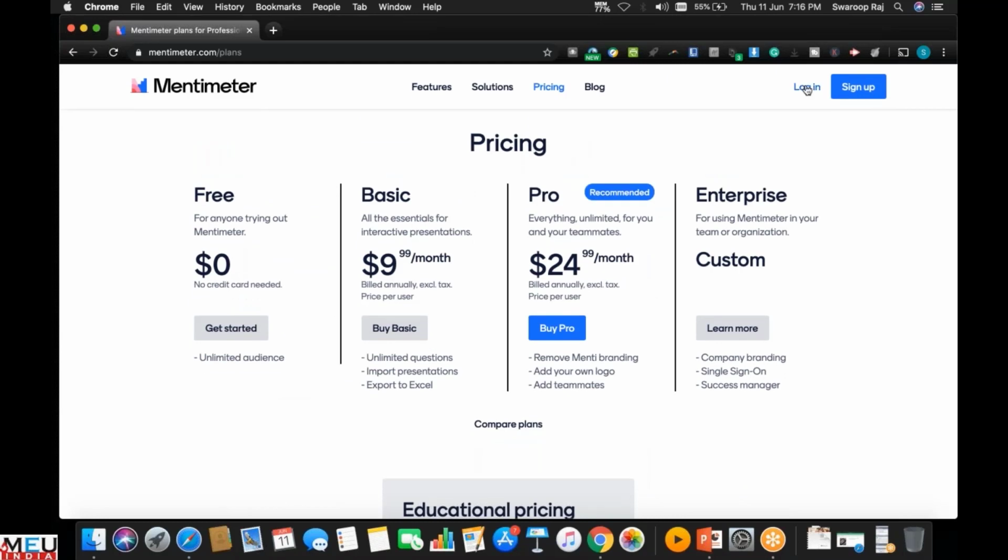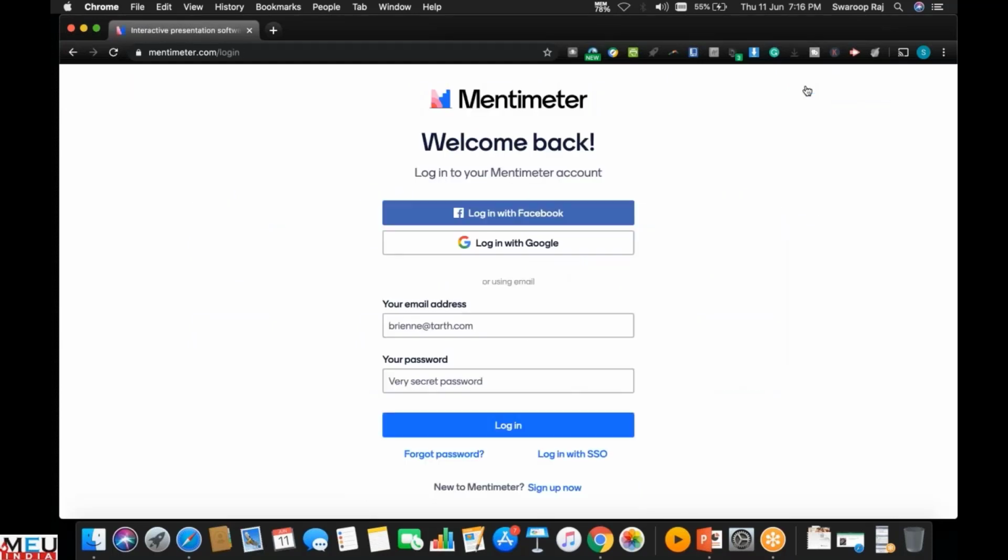To start, the first thing we want to do is sign up or log in. You can directly sign up using your Google account. What I do is create a new Gmail ID, not the one that I use routinely, with which I sign in to all the apps that I use for my classes. I don't want the students to see my personal mail ID as my name. So you can create a new Gmail ID just to log into all these different online tools, and the advantage is you don't have to remember different usernames and passwords.